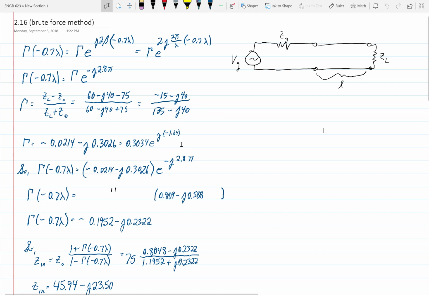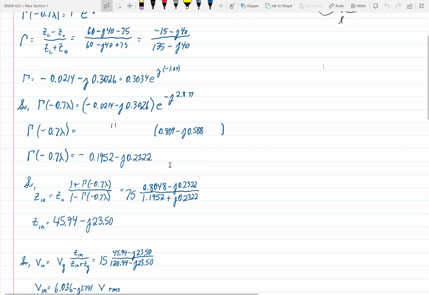So now, if we substitute this quantity for gamma into this equation up here for gamma of negative 0.7 lambda, we'll get gamma of negative 0.7 lambda is equal to this. And now we just have to do some complex arithmetic to find out that gamma of negative 0.7 lambda is